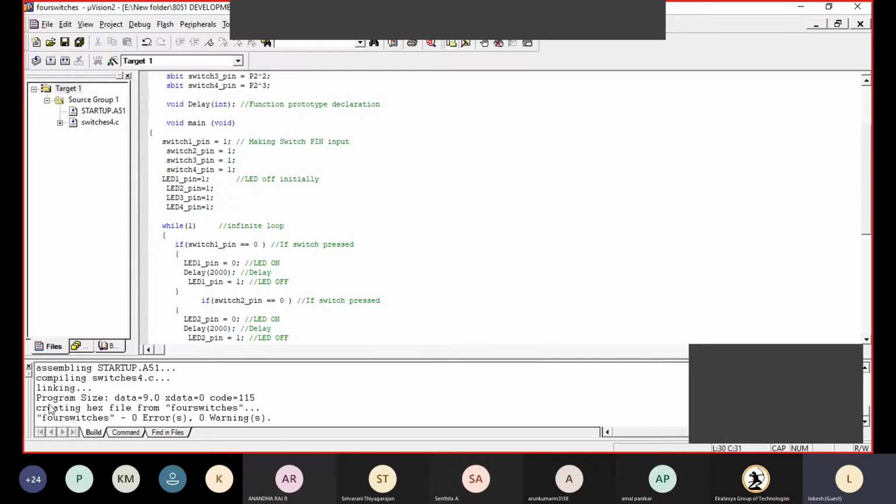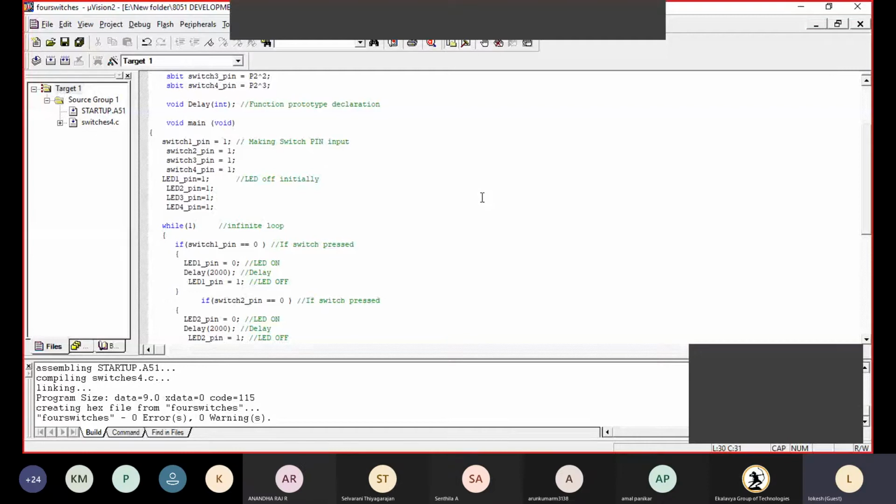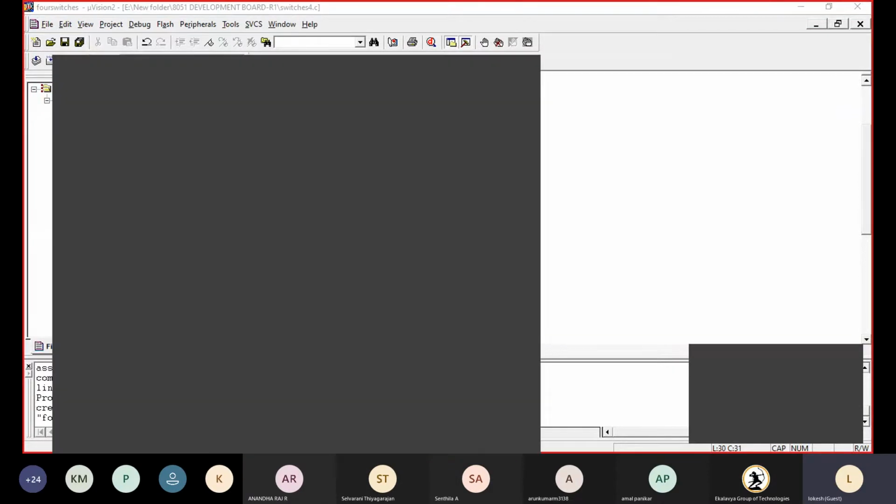Then you can see creating hex file from four switches. Okay. So then we need to load the program by using the ISP utility.